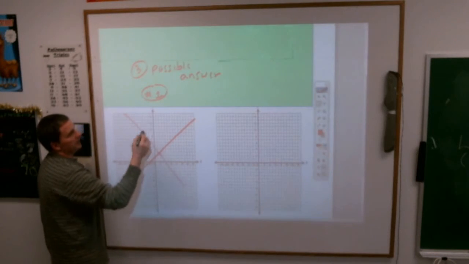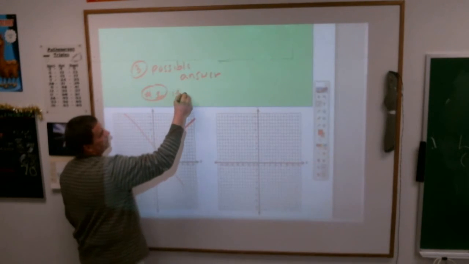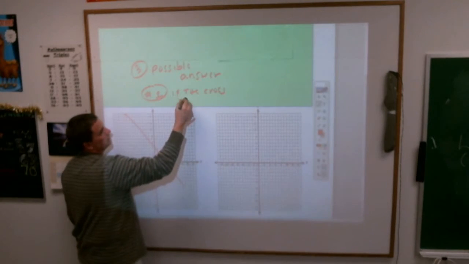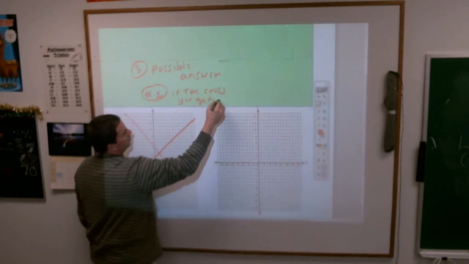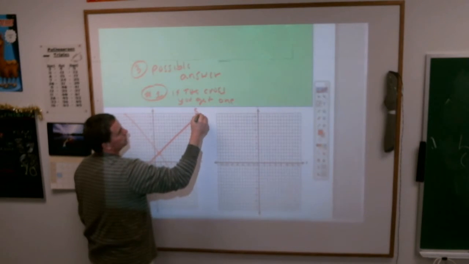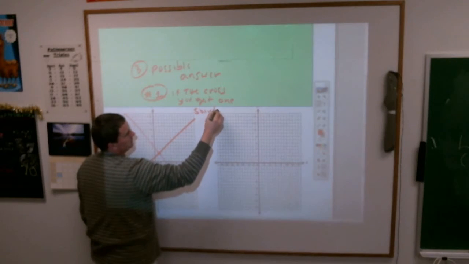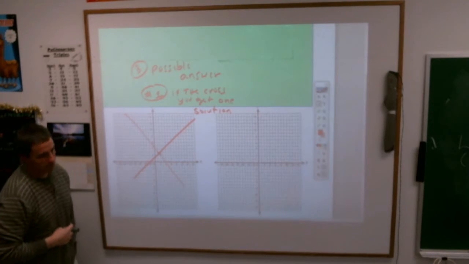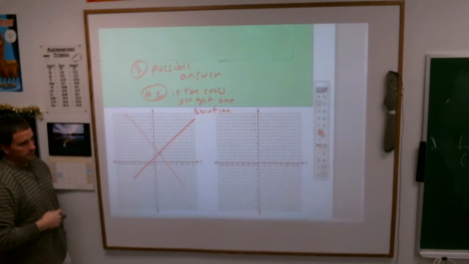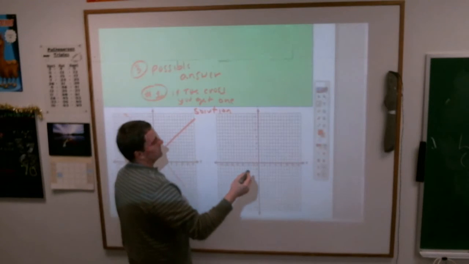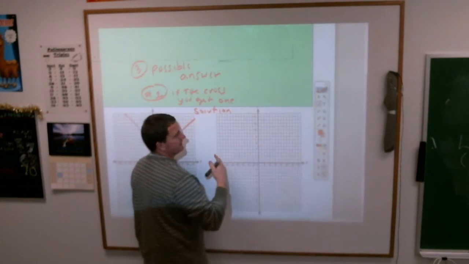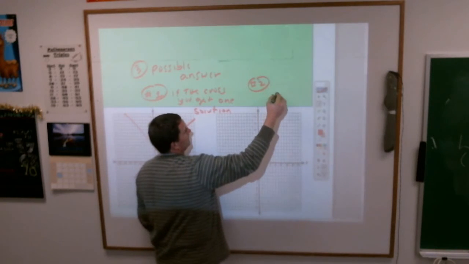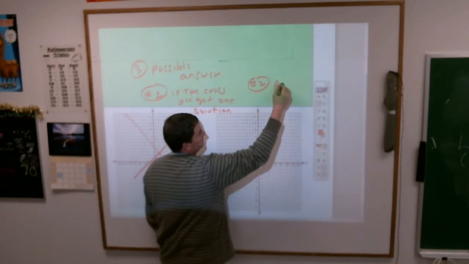If the 2 lines cross, you get 1 solution. If the 2 lines cross, the place where they cross is the answer to your problem. What else could happen is case number 2, if the 2 lines are parallel,